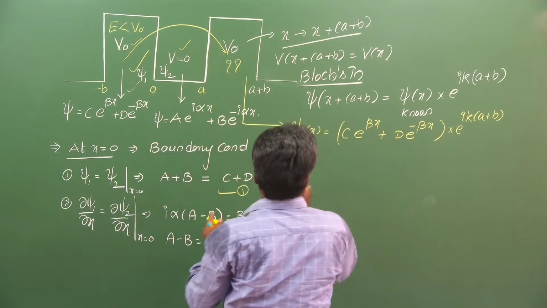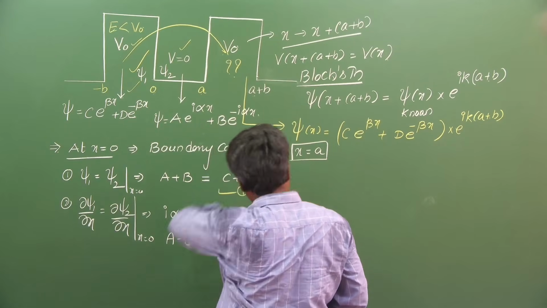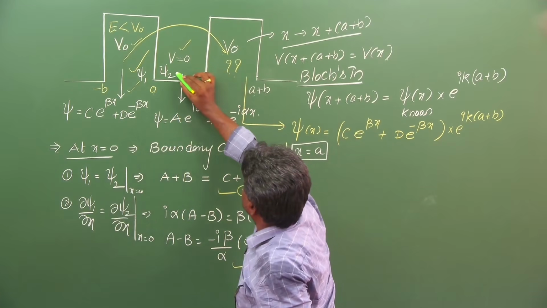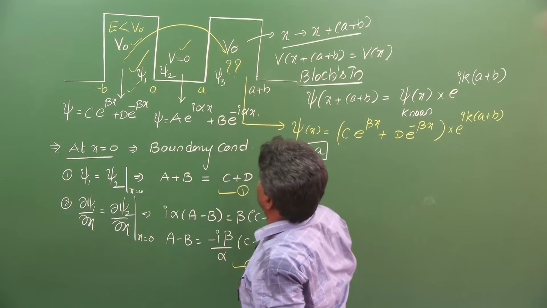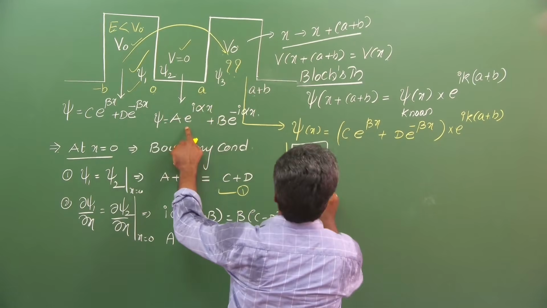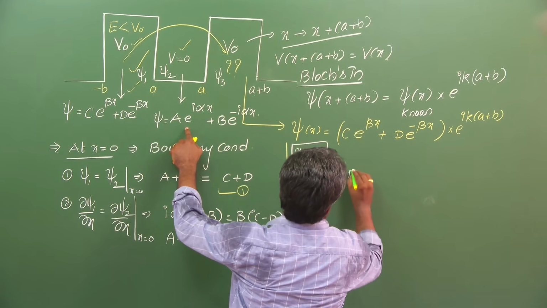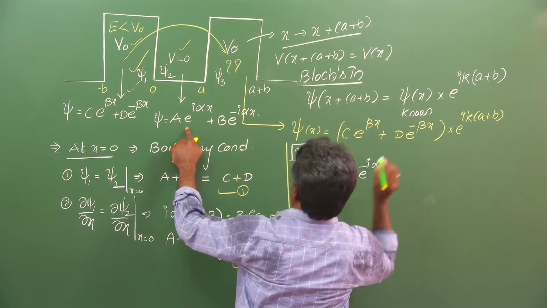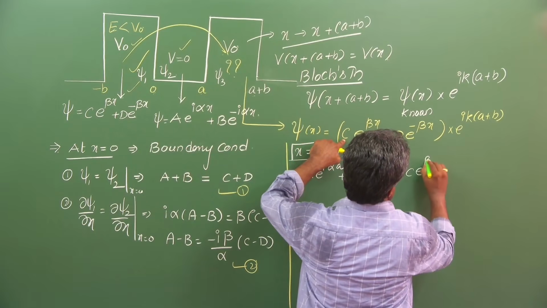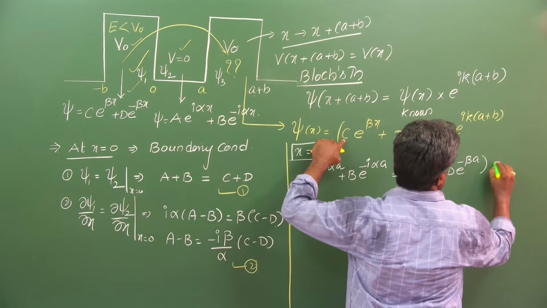Shall I take x equal to a? X equal to a, this is my psi 2. Let us say this is my psi 3. Now, psi 2 at x equal to a: A e raised to i alpha a plus b e raised to minus i alpha a equals psi 3, c e raised to beta a plus d e raised to minus beta a, into